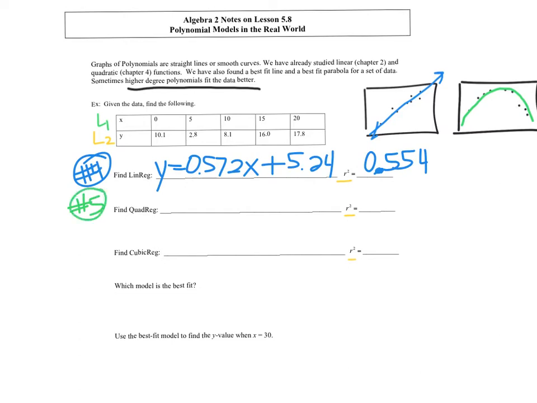All right, so quad reg is y equals. Now this one's a little bit longer because we have ax squared plus bx plus c to write down. So 0.0594x squared, I'm going to run out of room, minus 0.617x plus 8.211. Okay. And r squared here is